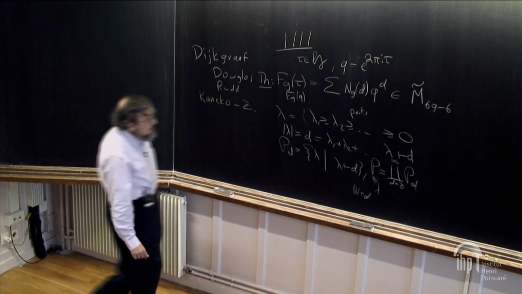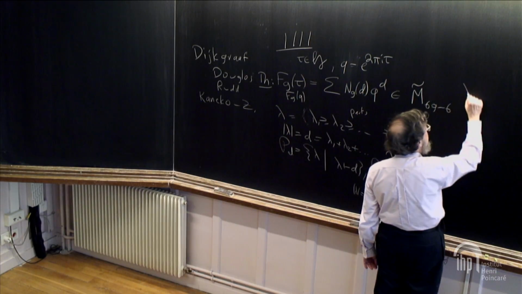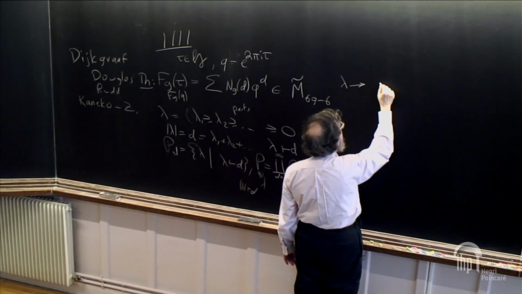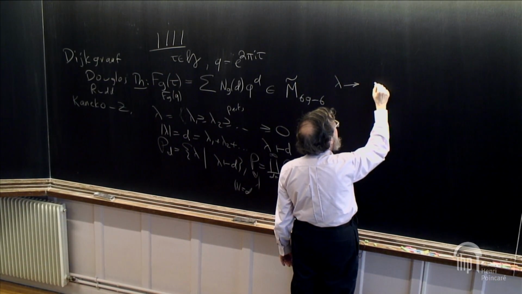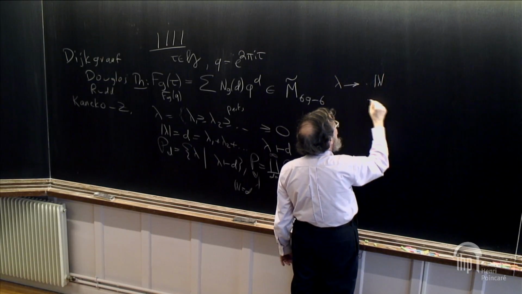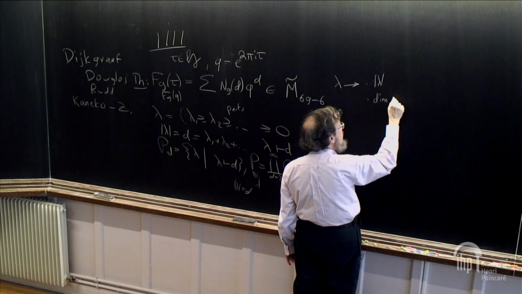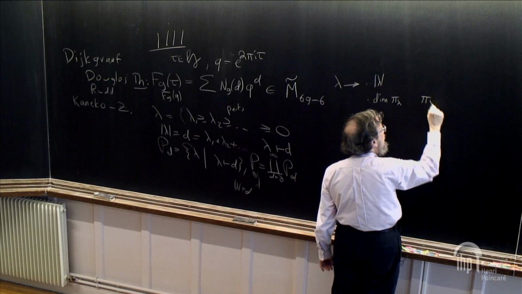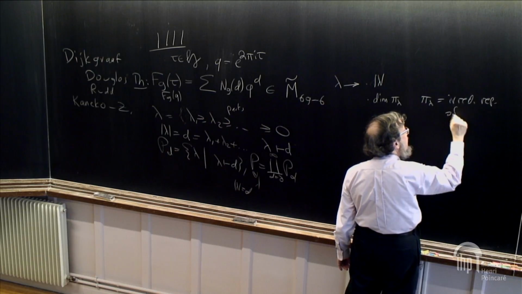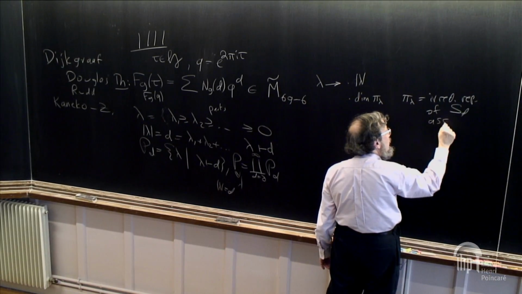So then what we know is that you can associate to lambda several invariants, actually many invariants, but one of them, of course, is the size of lambda. That's a very simple one. One which is not so simple is the dimension